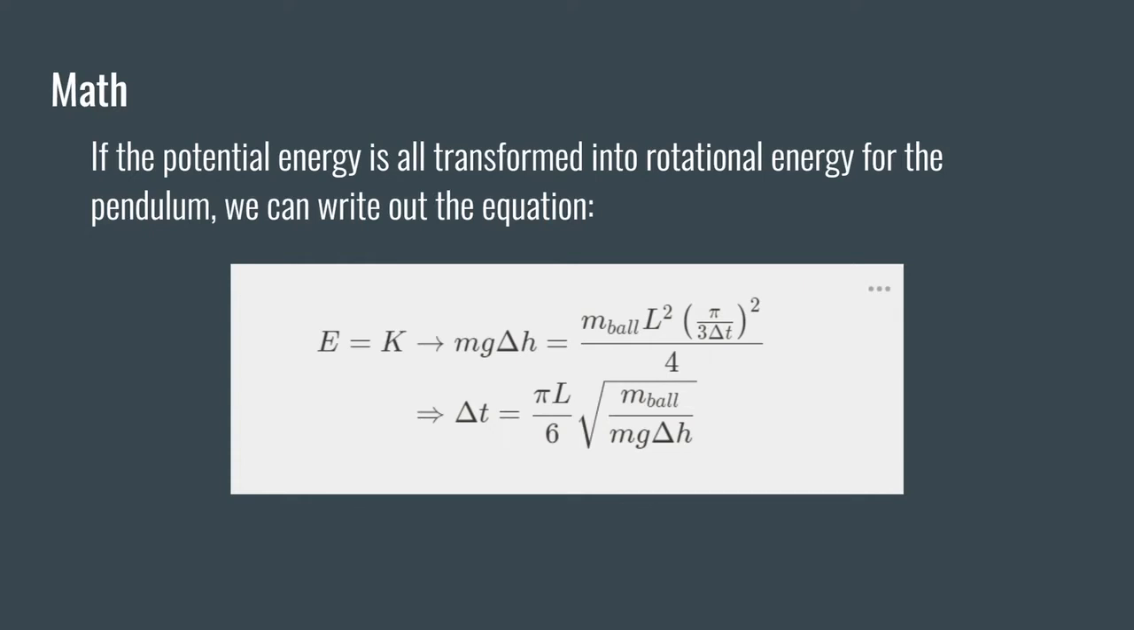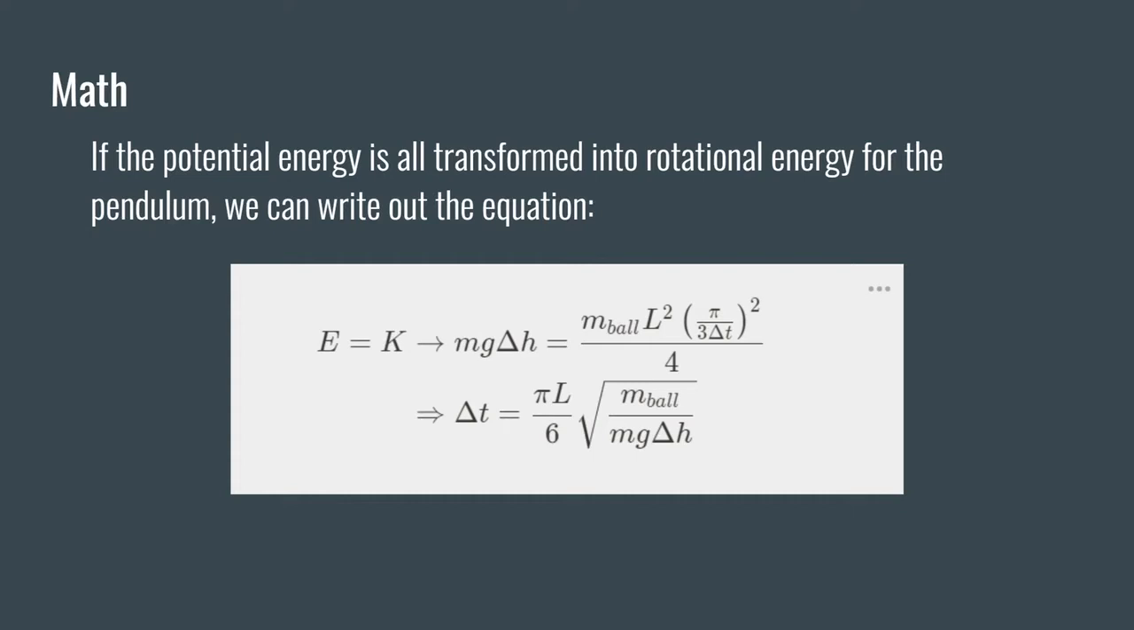And after some calculation, we get the result: delta t equals pi L over 6 times the square root of m_ball over mgh. By changing the variables m_ball and L, we'll get different time intervals for our design,